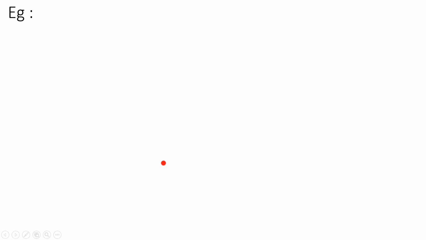Now let's take some examples over here. For example, you may get a question on how you have to do it. As per the mass spectra, the molecular mass is given. Molecular mass means M plus. So the M plus value is given. For example, let's say the M plus value is 94. Now what you have to do? You have to find out the molecular formula of that particular species.